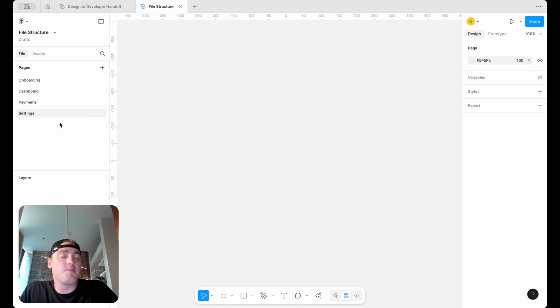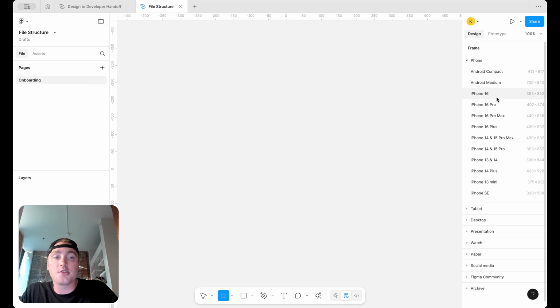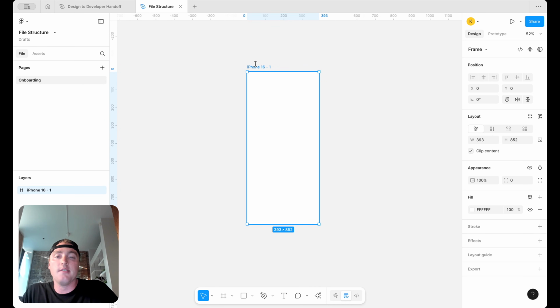So if you're working on a really small application, like a micro tool or something like that, that you're passing off to your developers, there's no need for 3 different pages. Don't overcomplicate it if you don't need to. I've seen this all the time, and I know for a fact that this drives developers crazy, where you might have a sign up,